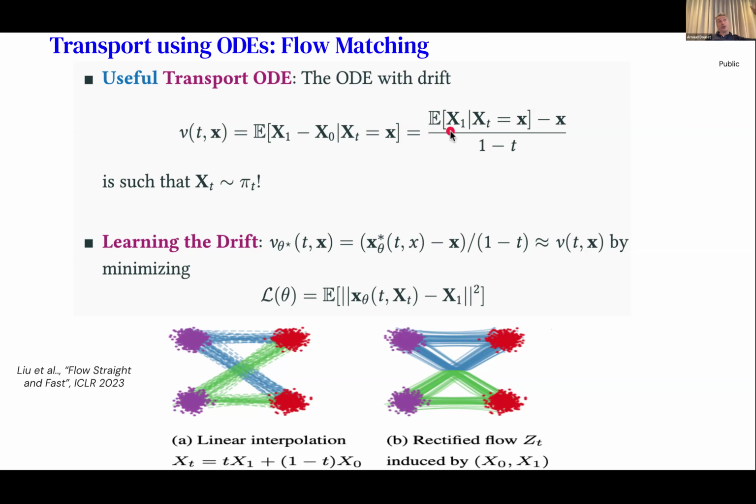So that's quite magic, because by just having to compute this conditional expectation, in the case of a generative model where pi 1 would be the data distribution and pi naught would be Gaussian noise, this thing is simply a denoiser. So this is exactly like the denoising diffusion model presented before. By estimating this conditional expectation, you come up with a transport map. That's quite nice, because you can learn an approximation of this conditional expectation by a very simple regression problem. So very, very simple